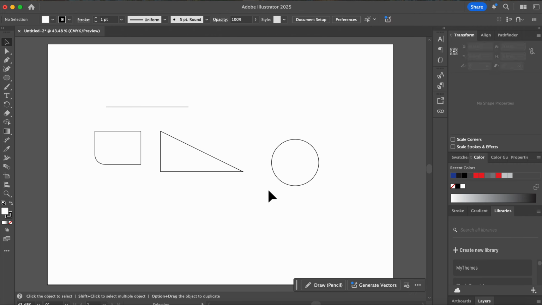All right. So very quickly there, we've looked at the selection tools, we've looked at the shape tool, we've touched again on the swatches, and we've looked at the transform